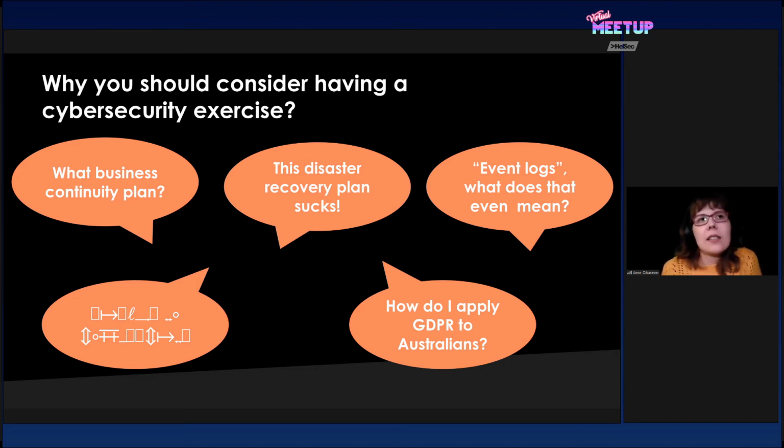And I think that these are actually the same reasons why you should have an exercise of your own. Do people actually know how to use the business continuity plan or the disaster recovery plan? Do people know how to react, so it comes naturally? If that awful event would happen, that there would be an incident, of course you can hope that there wouldn't be, but it could happen sometimes. So you will know what to do.